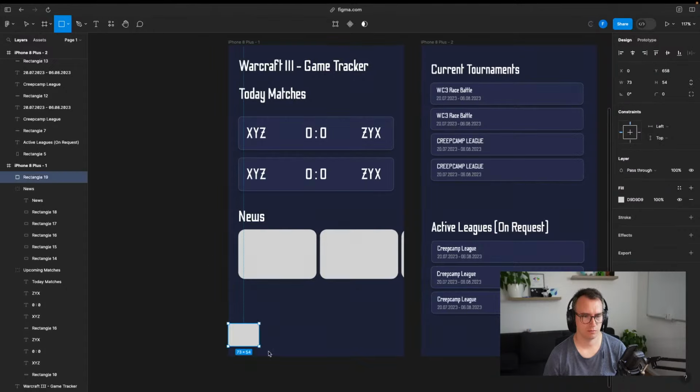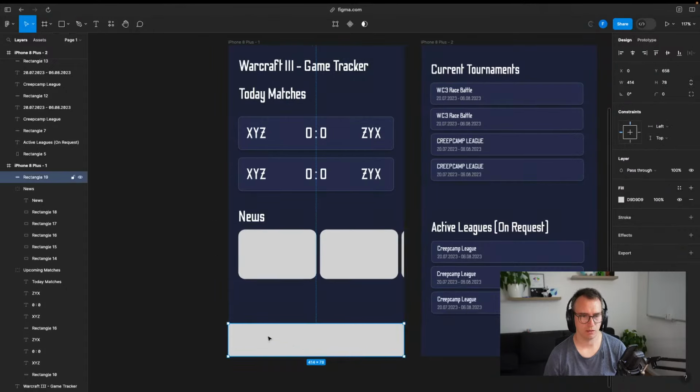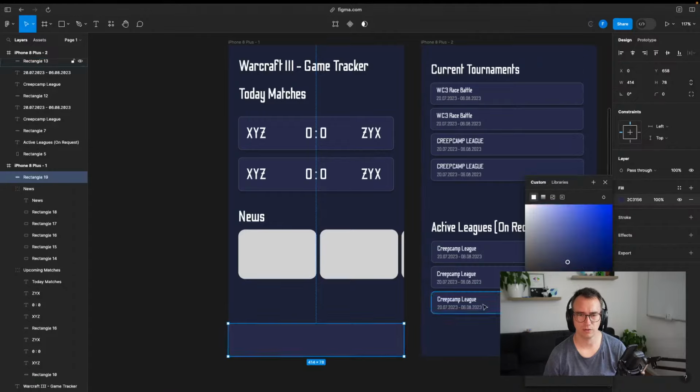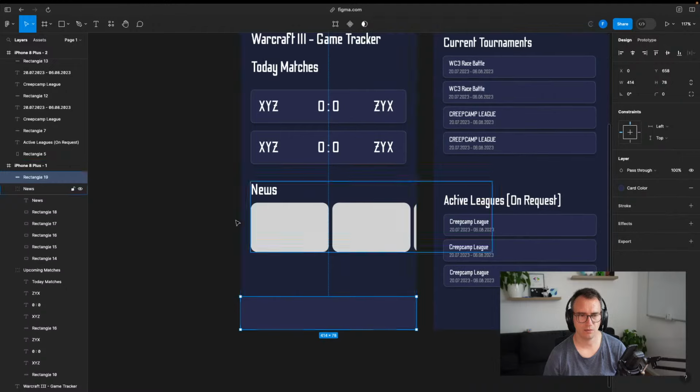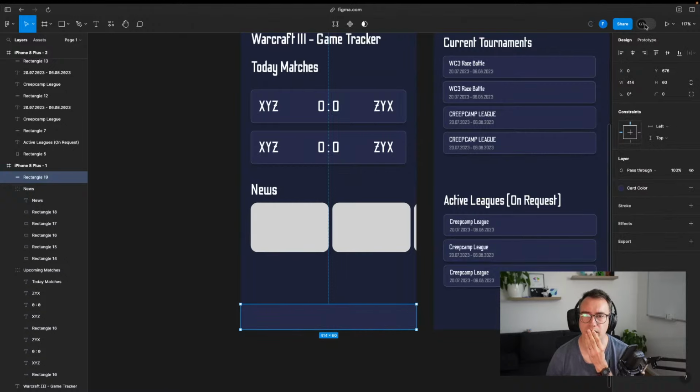So creating it like this, changing the color to probably the same like this. Let's take that from the library. It would be the card color. A bit smaller, I think around 60 pixels sounds right. And then we would have